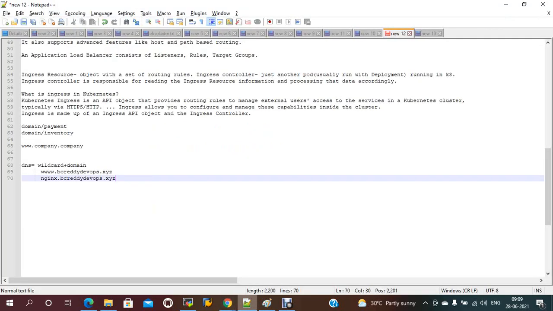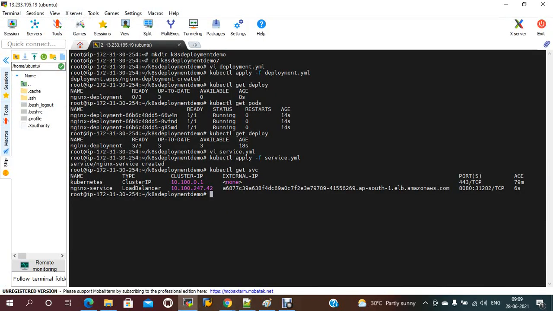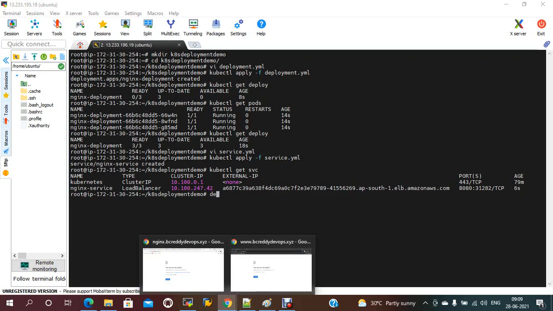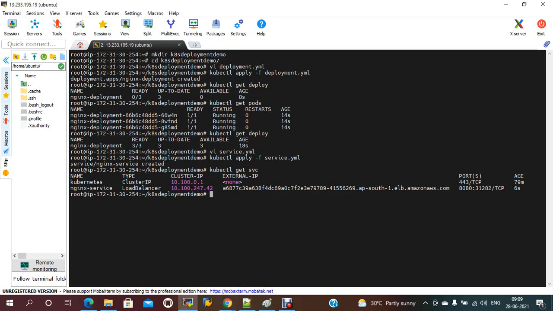Let me change my service file without 8080. I'll try with 80 only. So let me do one more time. Let me delete this existing service file and I'll show you how to access this application. kubectl get service.